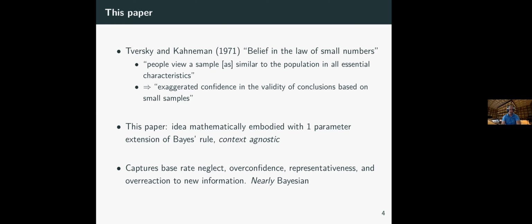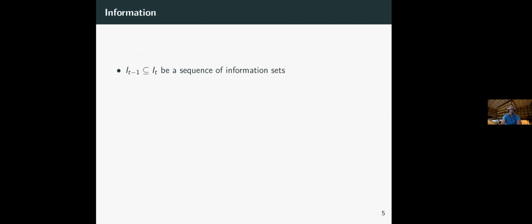I'm going to show you that these distorted beliefs have a lot of rational properties. Essentially the only thing it doesn't do that's rational is it overreacts. In every other way, in all the fundamental properties of Bayesian learning, it satisfies Bayesian rationality. All right, so first, just a little bit of